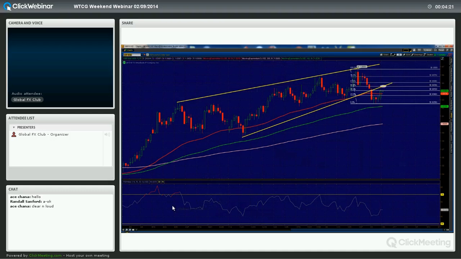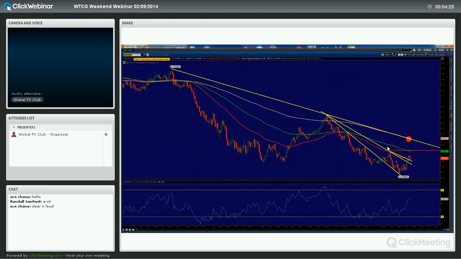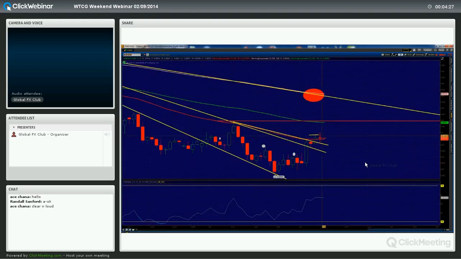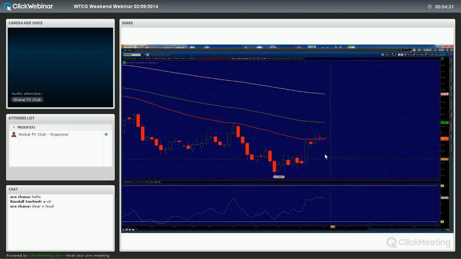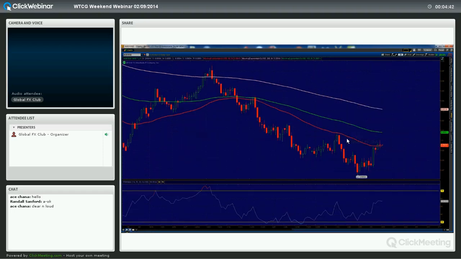Aussie is tricky. We had a very weird candle on Friday. Let me clear some of these drawings. Just look at the candle for a minute. Very weird candle. Every time you see a candle like this after a little bit of an uptrend, you have to get a little nervous. That is basically a perfect classic doji,